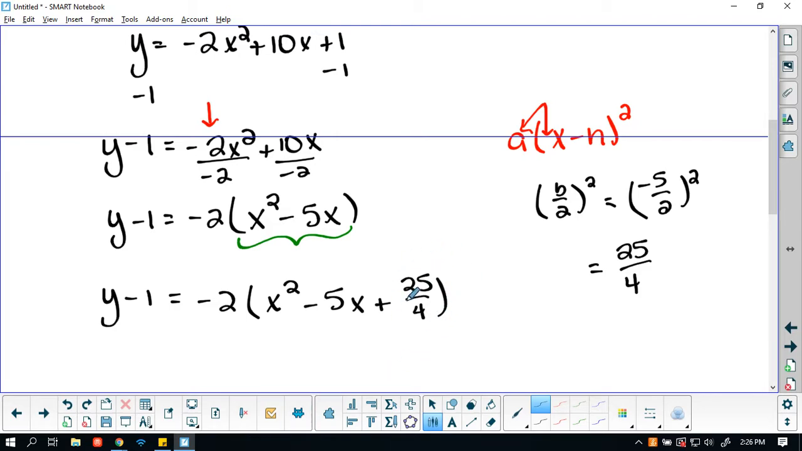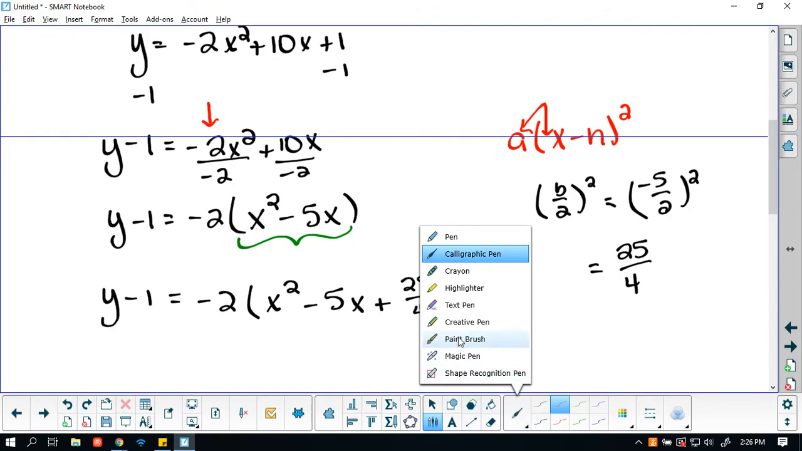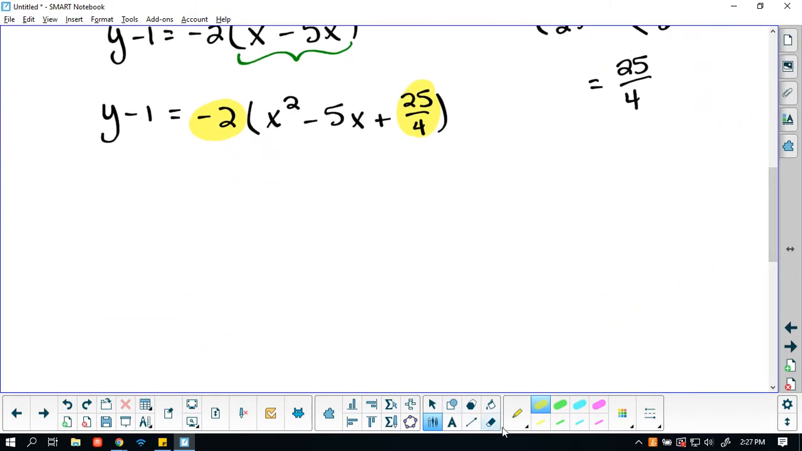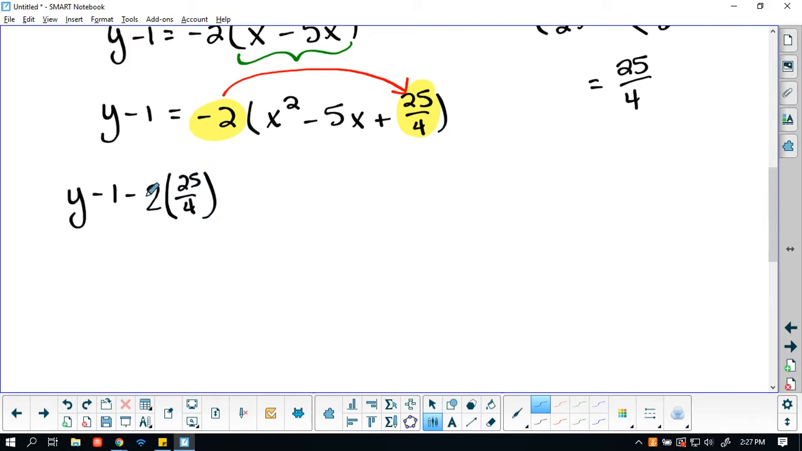Now I added the 25 divided by 4 here, but remember that this 25 divided by 4 is also being multiplied by this negative 2. So what I do to one side, I must do to the other side. So I'm going to do 2 times 25 divided by 4, and I'm going to add it, or in this case, subtract it from the left side. So y minus 1 minus 2 times 25 divided by 4, because this is the value that we've added to the right side. So now we're going to do it to the left, equals